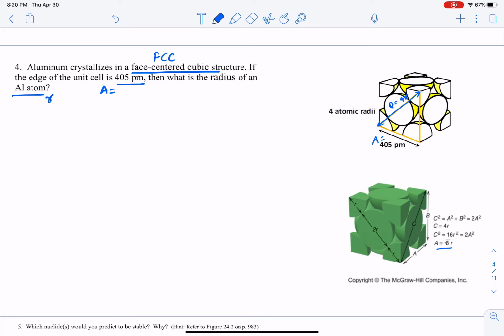So the relationship is D square is equal to 2a square. How did I get it? It's a hypotenuse, so D square is equal to a square plus a square, the Pythagoras theorem kind of thing. So D is equal to root 2 a. Here they have used C as the term, so you don't need to worry about that. The D and C here are the same, so I'm writing D is equal to root 2 of the A, that is 405 pm, and what you get is